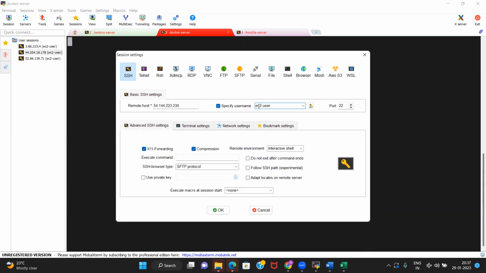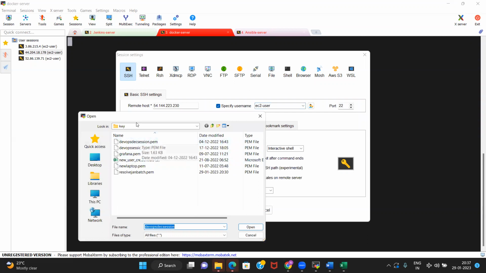So you can enter with EC2-user only. Now for the private key, you need to browse to the location where we downloaded the key PEM file, the one I named resolve gen batch.